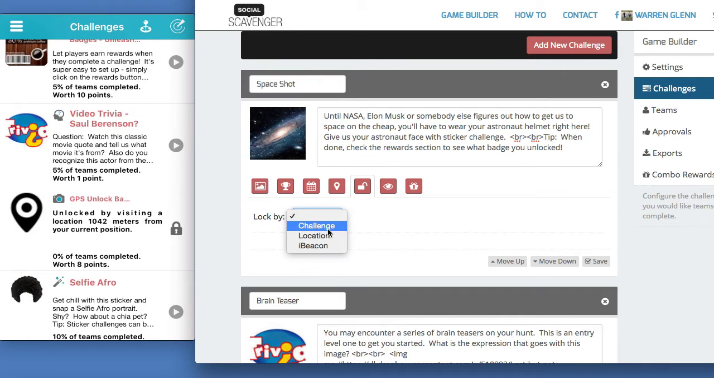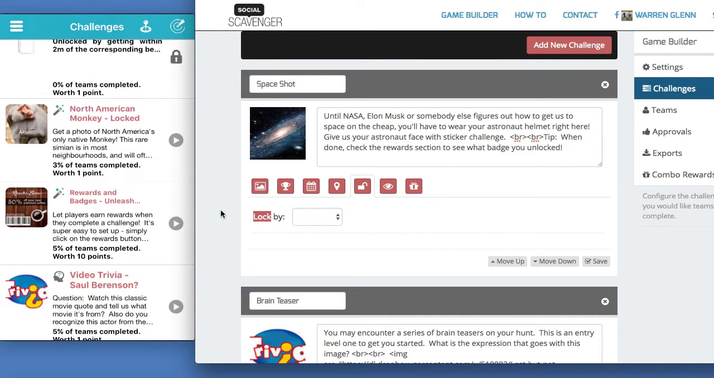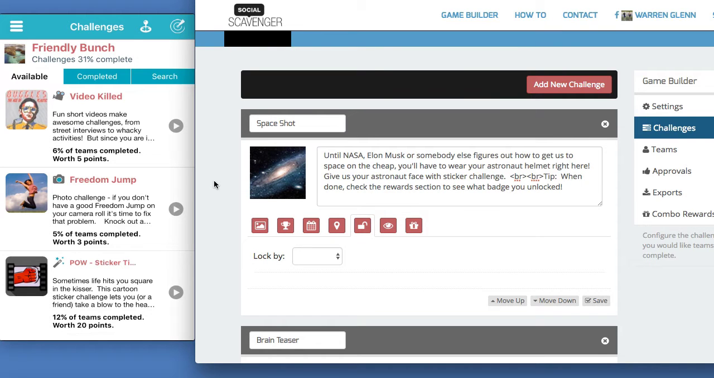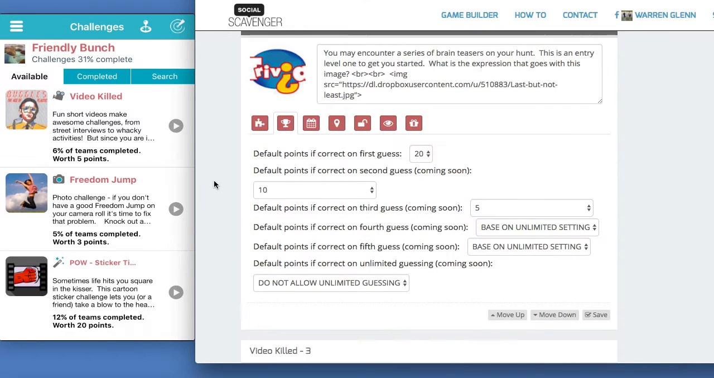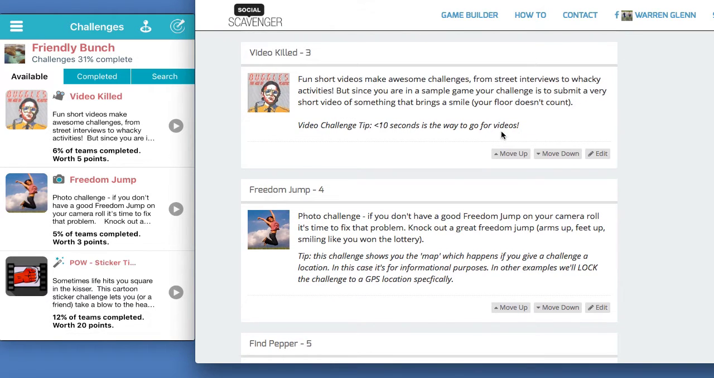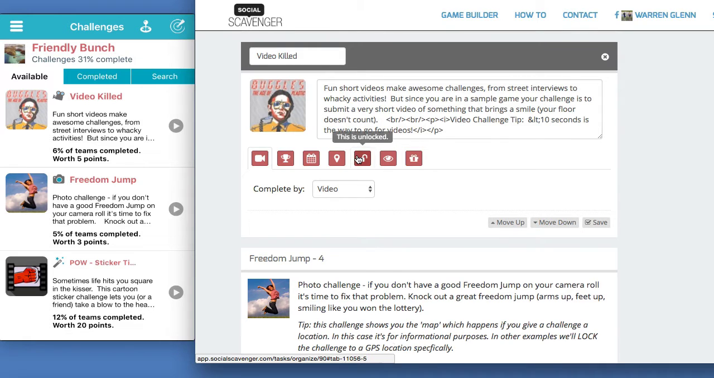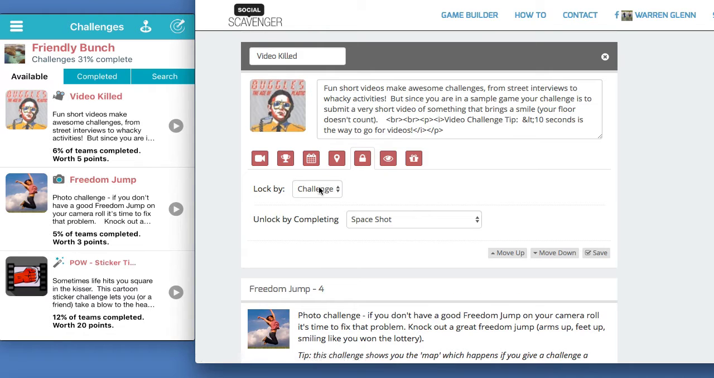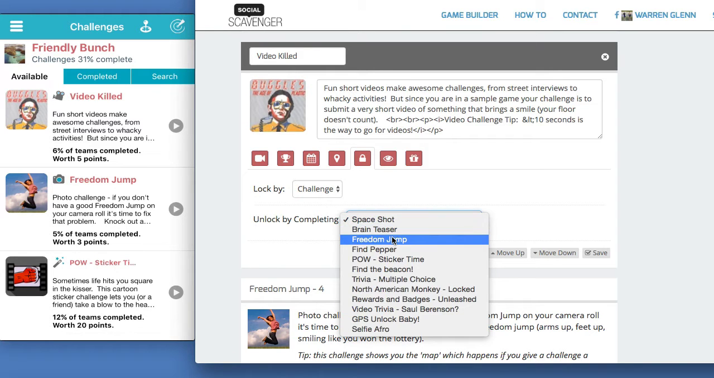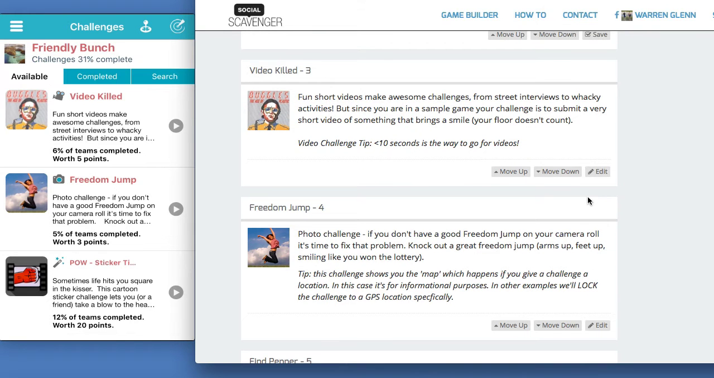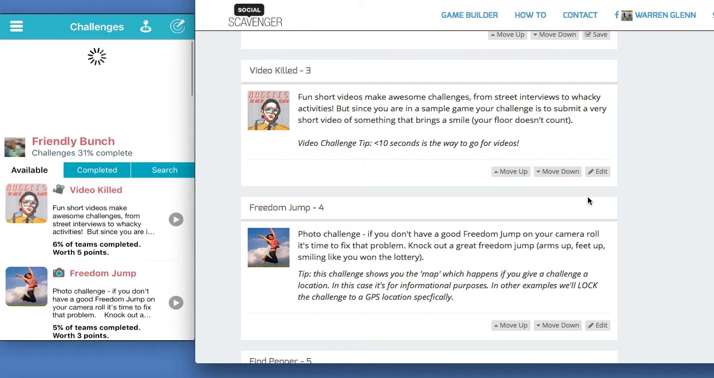You can also lock challenges to other challenges. So in here, we actually did the challenge that was locked to another challenge. So let's set up a new one. Let's say we don't want people to be able to do the video killed challenge until they do that freedom jump. So we just go into the video killed challenge and we say, you know what, we're going to lock this challenge to another challenge. So we say lock to challenge. It's going to pull up all the lists of challenges, and I'm going to say this one's locked to the freedom jump. So I'm going to save that, and what's going to happen is the system's now going to say,